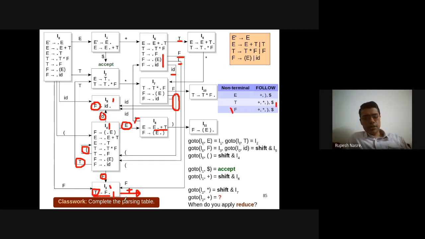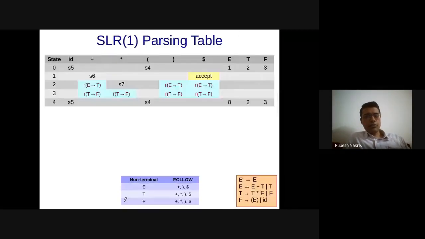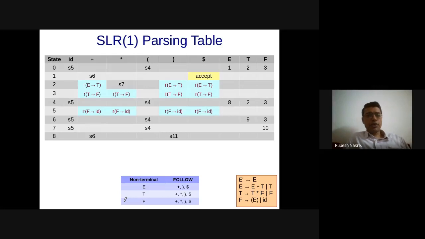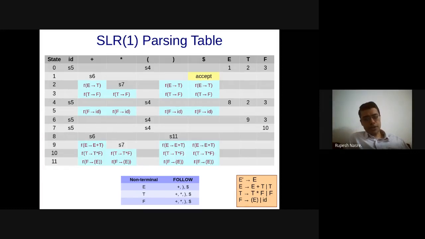So let's move ahead from here. The entries should look something like this for the rest of the parts, where there are no further reduce entries in states 6, 7, 8. However, there are a few more states remaining, right? So this is going to be the shift entries for that, and then 9, 10, 11 are going to add some reduce entries. Those I'm sure you'll be able to figure out. So I'm not going to wait for that, but please try this out later. Okay. Any questions on this one?